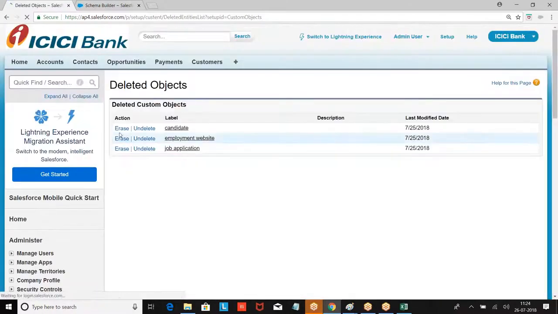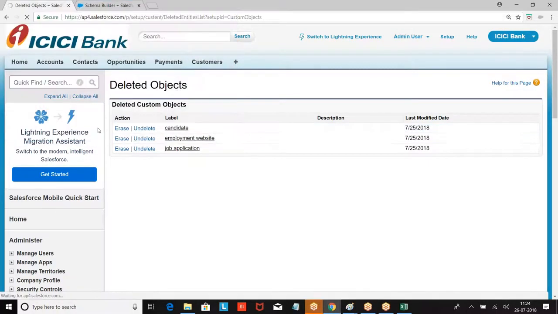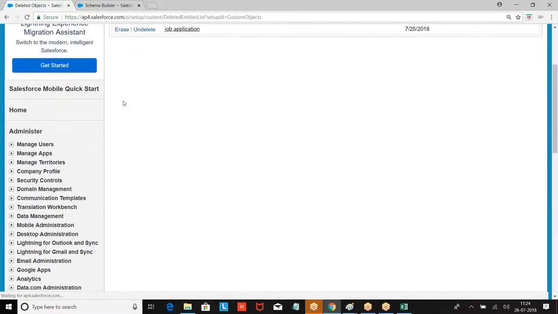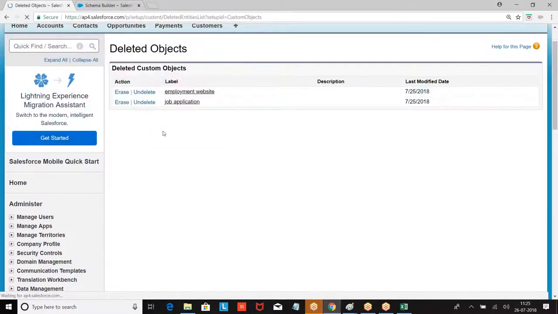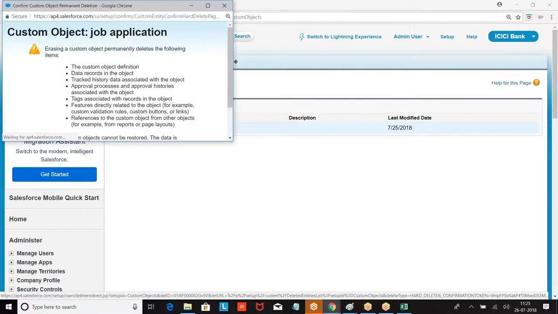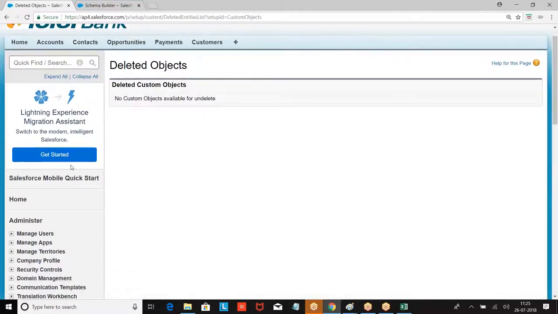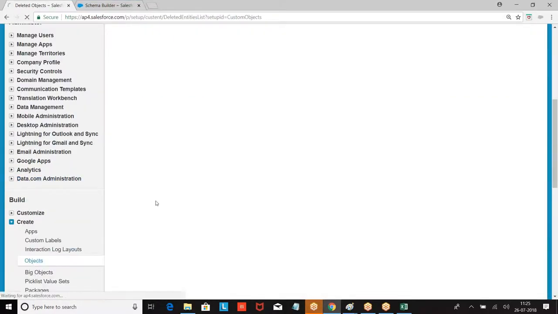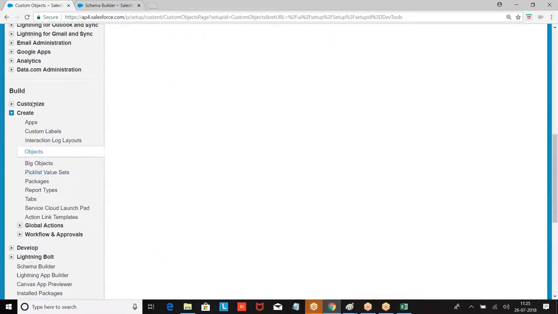Okay. Fine. So let us go to the candidate object. Now we had only position. Let's go to the schema builder and create the next one.